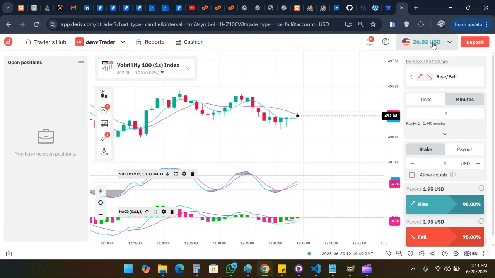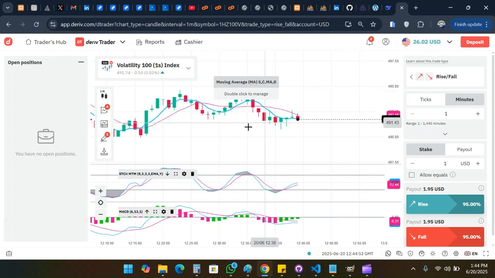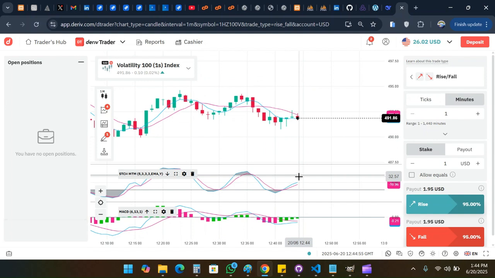You see that I've almost lost all the money we are using. That's the 2.17 cents, which I increased to $4 plus. Almost lost it, but I quickly recovered it. So that is how powerful this strategy is, the combination of this strategy.